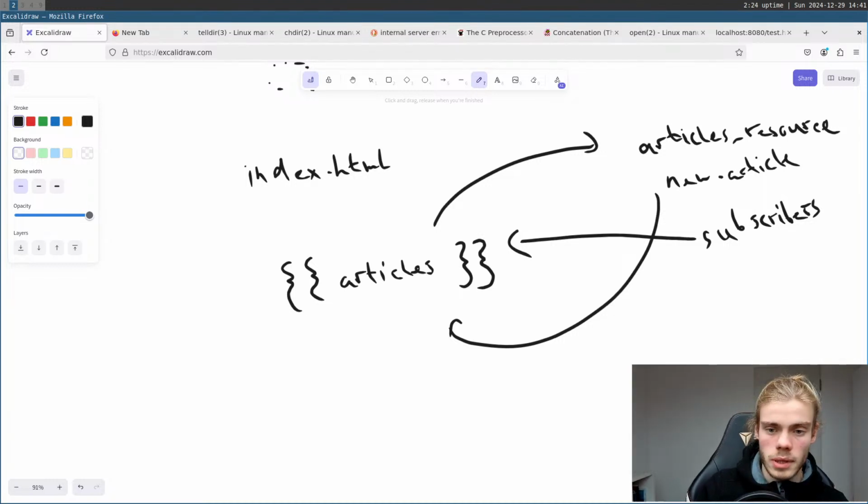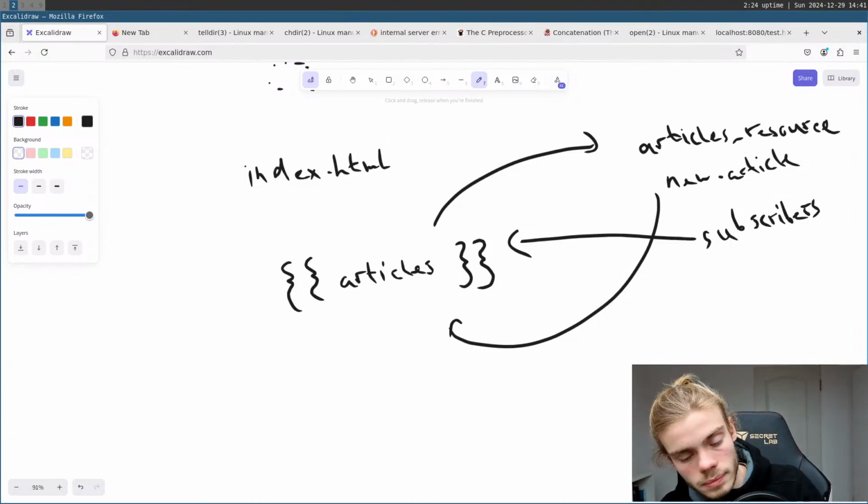And also maybe the size of this actually changes. So we might have to evict this whole thing